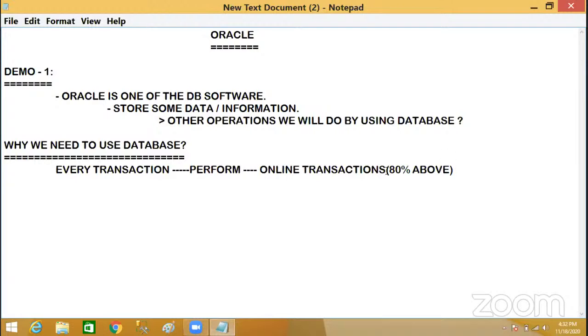I have some online applications I just open. My banking application I'm going to open. Okay, I will log in, and after login, I will enter to whom I want to send money. So the person's account number I enter, and just immediately, within a fraction of a second, we are sending our money.